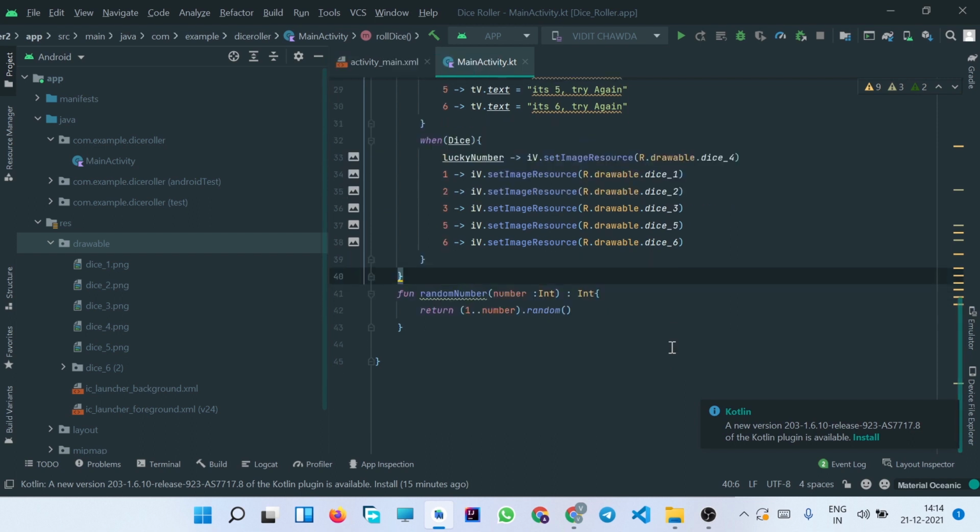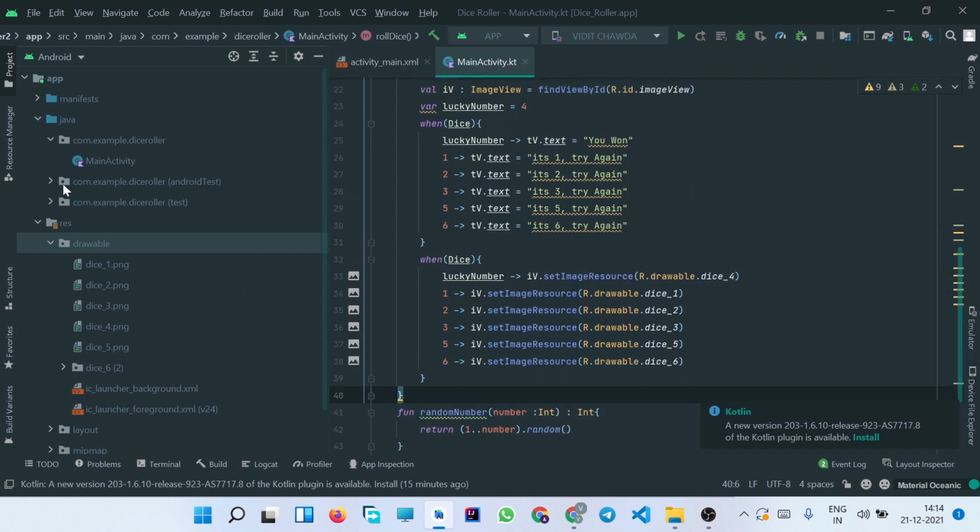Now we have written the logic for our application inside this Kotlin file. Now let's try to run it in our emulator, and let's see if it works properly or not.